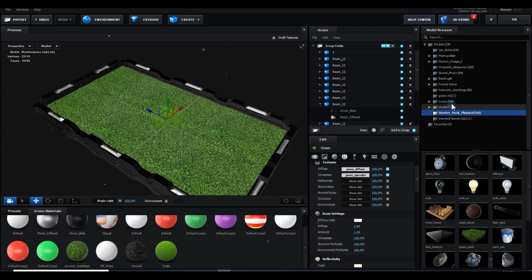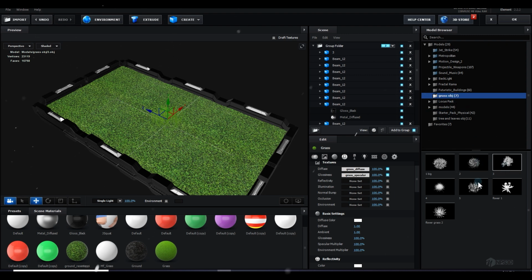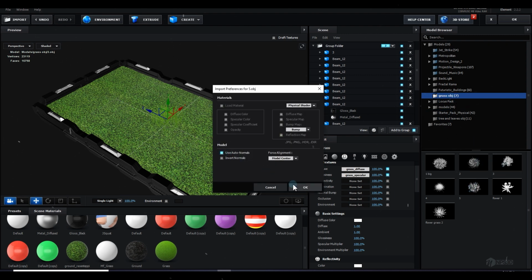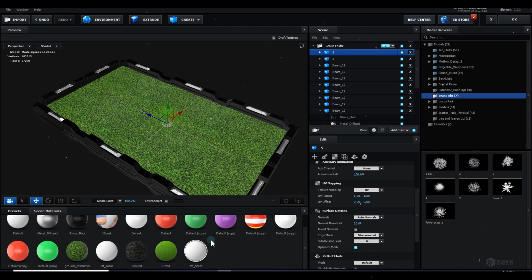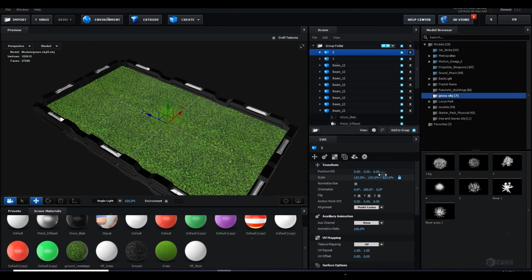So this looks good. Go to the grass OBJ again, and let's add this grass as well, apply the same material and increase the size. If I want, I can place this grass anywhere in the scene. I can just duplicate it.